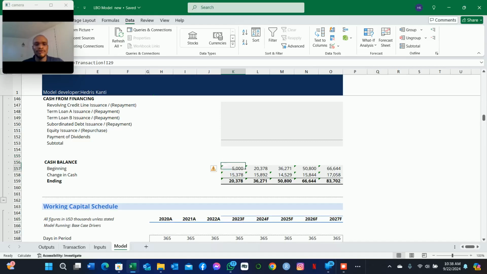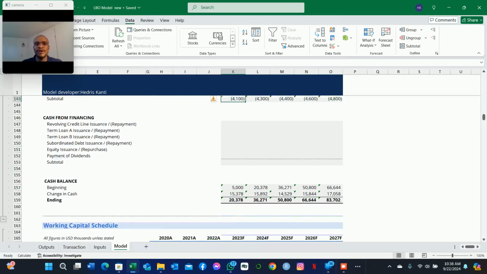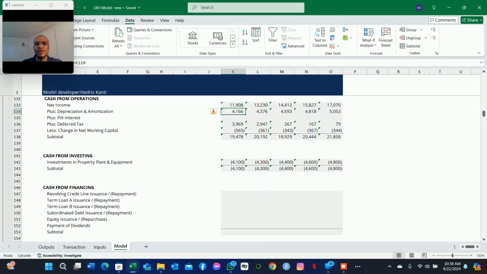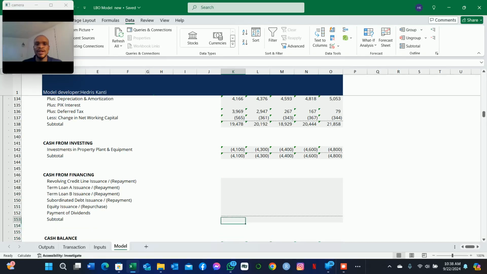So we have this amount we're going to be using in this model going forward to account for the payment of debt. So the reason why we set up this cash flow statement is because we want to generate cash from operations that will be used to pay down this debt under these financing activities. So the cash from operations will be used to pay down debt. So that's exactly what we are doing here. But before we do that,